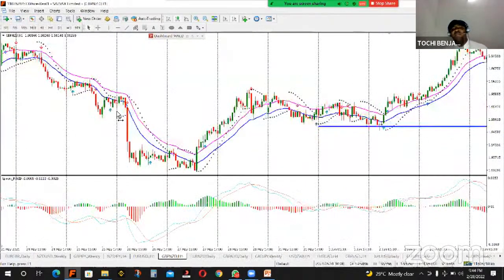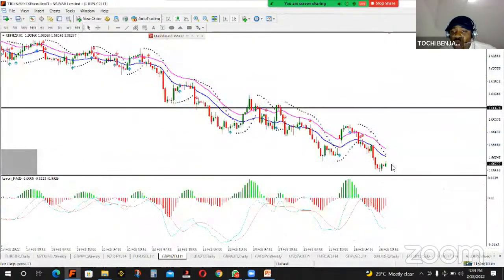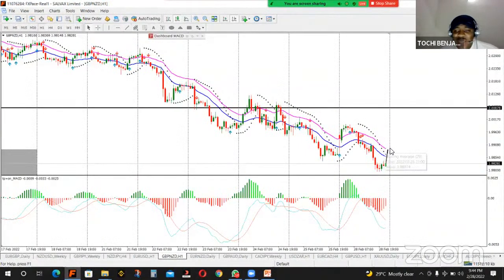Now, when we come to a lower time frame, what are we supposed to do? You see, in a lower time frame, the market is buying. You will just be surprised, another 1 hour candlestick will come up and buy. It could buy up to this point, which is the second moving average. Then, as it buys up to this point, you're looking for a candlestick that tells you to sell. That is when you sell.